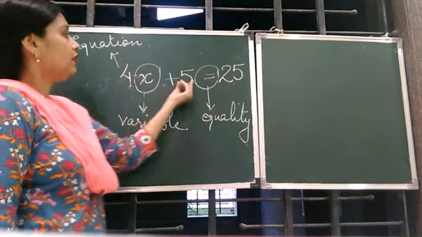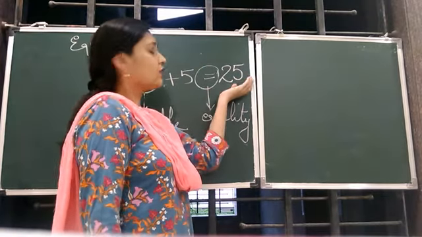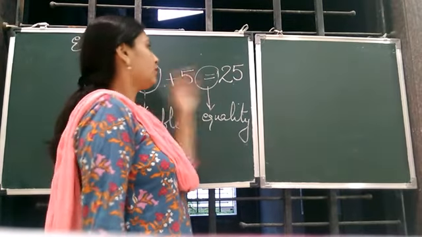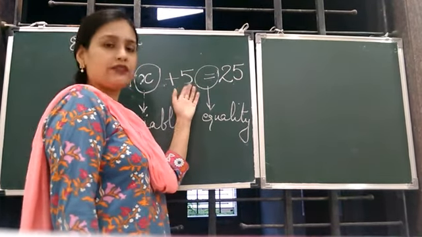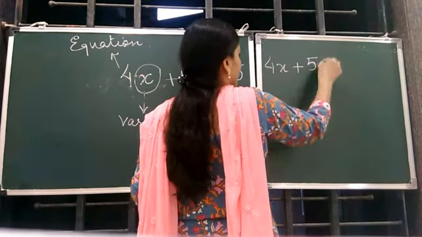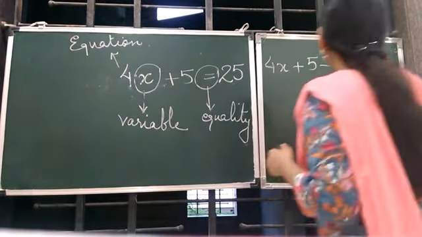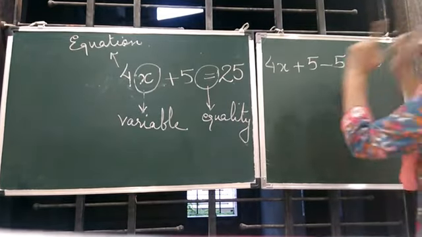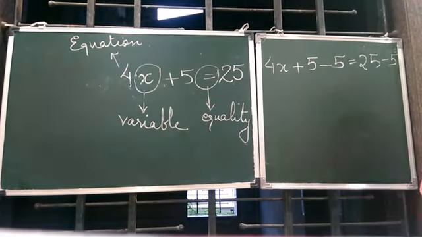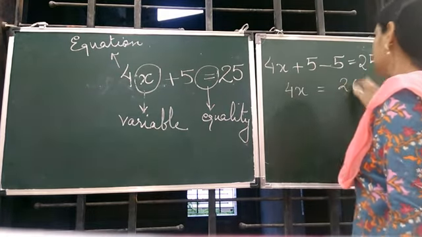Very simple. These are the constants. We put all the constants to one side. Okay, we shift. So how to shift this 5 to that side? We can only do it if we make this 5 into 0. How can we make this 5 into 0? If from this 5 I subtract 5, will it be 0? Yes. Since there is a sign of equality, whatever you are doing on the left hand side, you have to do on the right hand side also. Got it? Now this becomes 0. So 4x is equal to 20.